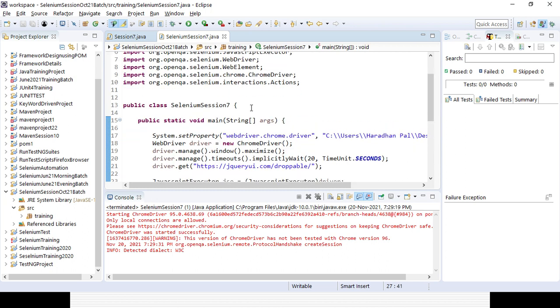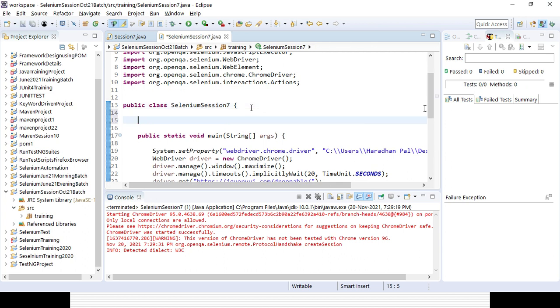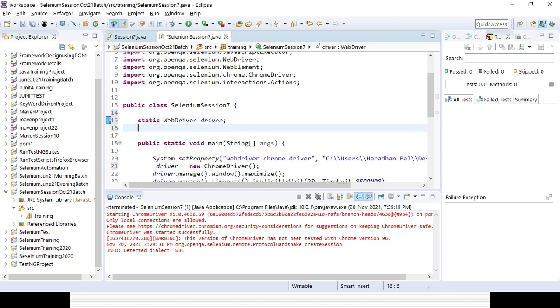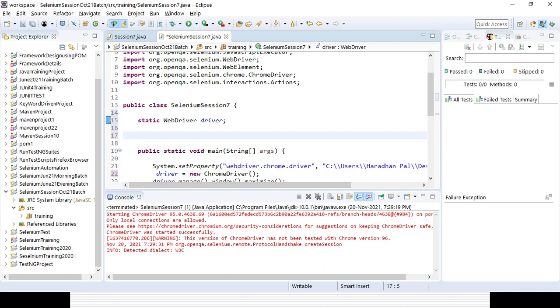So this is your class, and at the class level you can create the screenshot here. Instead of the local WebDriver driver here, I'll be creating a global variable, which will be static in nature so that I can call it from anywhere. You can remove that part, because I already made it static, so within that particular class it will be accessible from anywhere. I am declaring that global variable with static WebDriver, so that in any method I create I can call the driver reference. If I am using the main method, I can also use it directly.